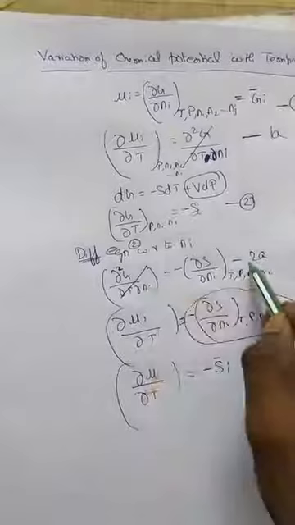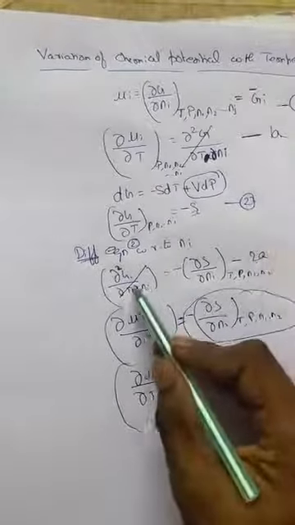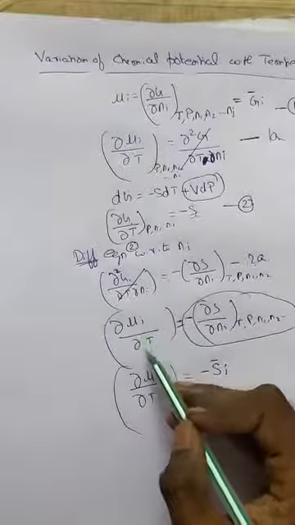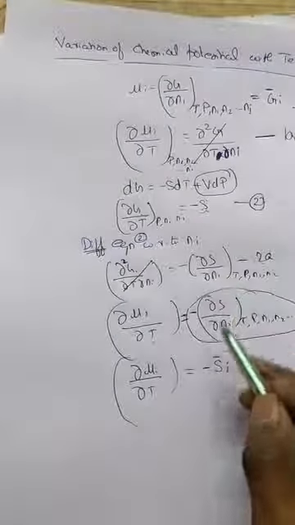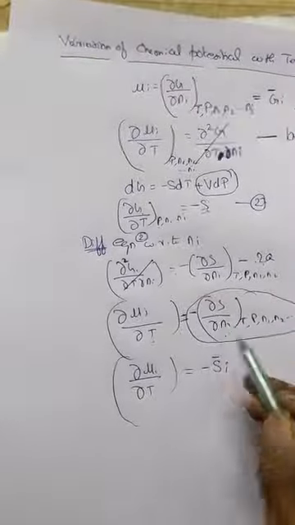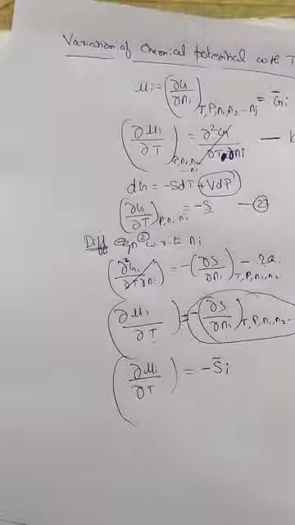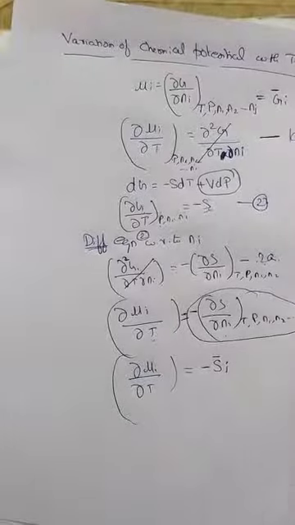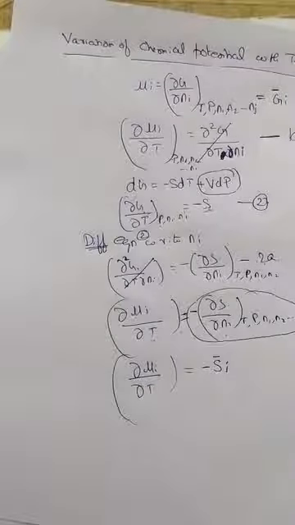So I compare 2A and 1A. The ∂²G/∂T∂Ni terms will get cancelled, so you will have ∂mu i/∂T equal to minus ∂S/∂Ni, which is nothing but the partial molar entropy, represented as S bar i. So the change in the chemical potential with respect to temperature is equal to minus the partial molar entropy.